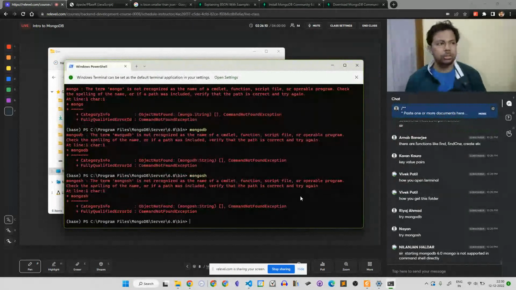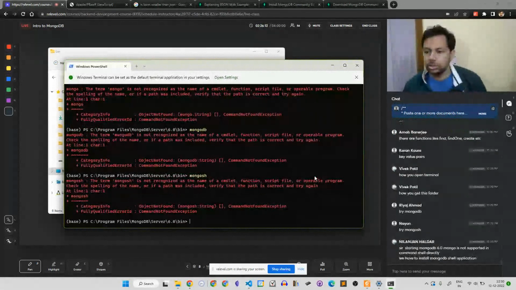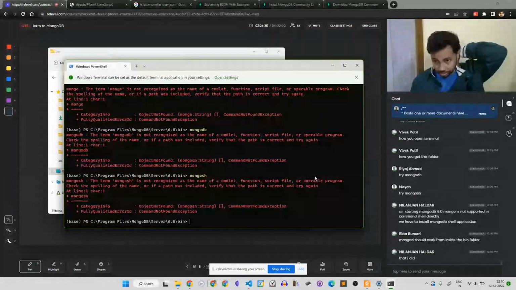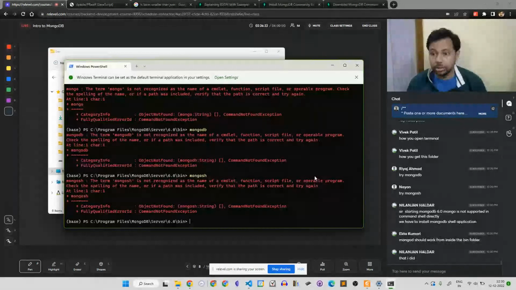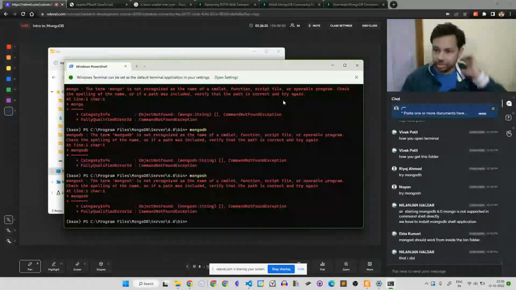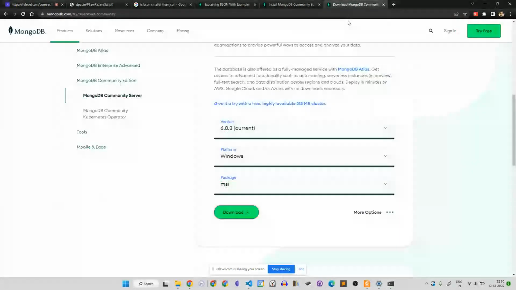Oh, that is something I didn't know. Okay, I was not sure. I was not aware that the MongoDB shell was not provided.